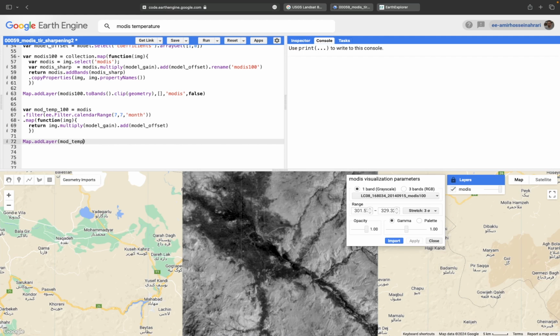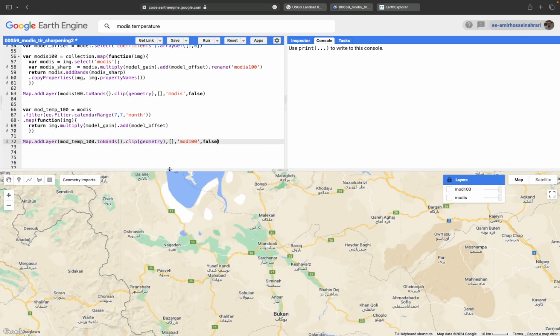MODIS temperature with 100 meter .two bands, clip it based on the geometry. Leave the visualization parameters empty, and the layer name is MODIS with 100 meter, and use false at the end. Run the code